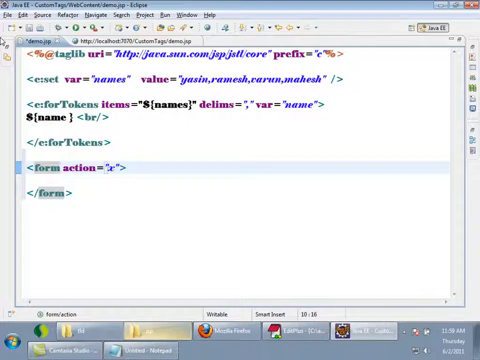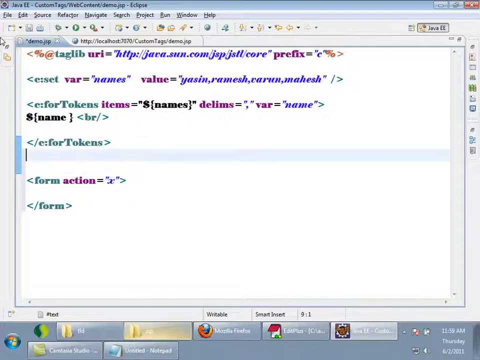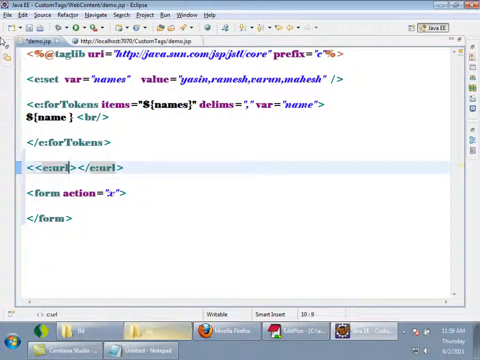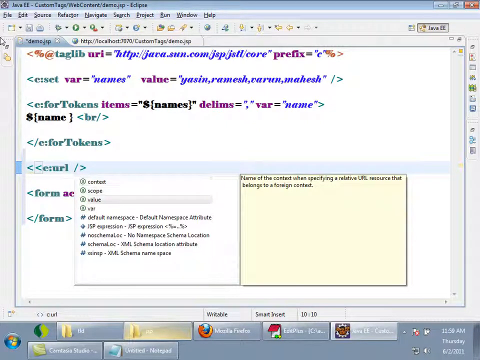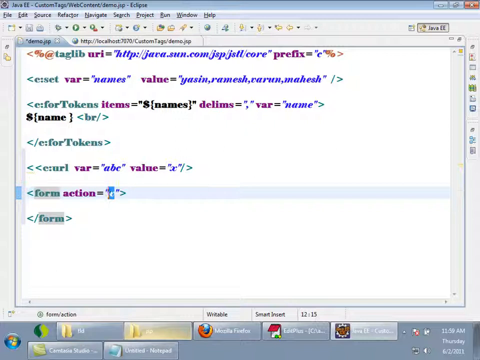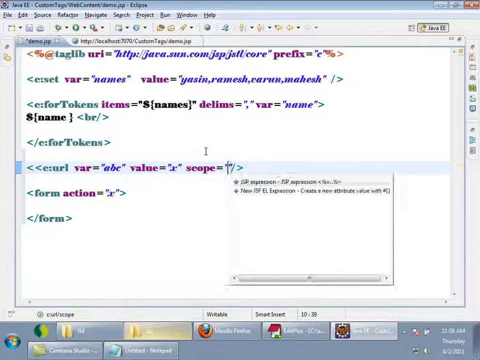So see here, there is a tag called c:url. var is equal to a variable name, ABC, value is equal to X. This is the one which I want to encode, and I'll say scope is equal to page.